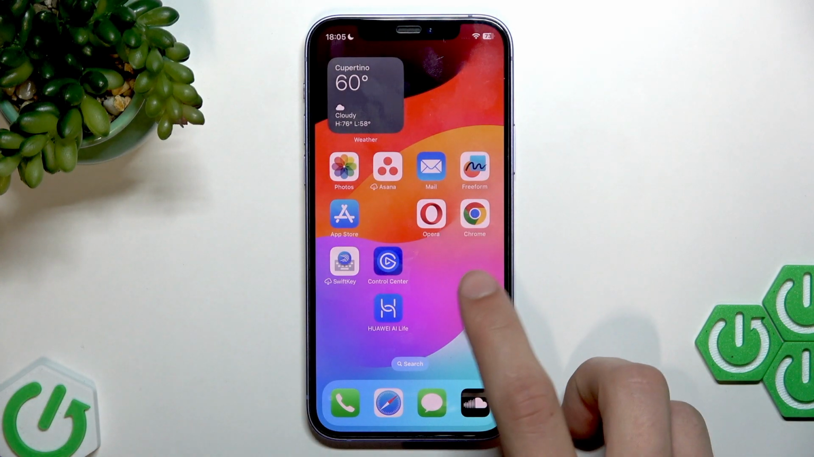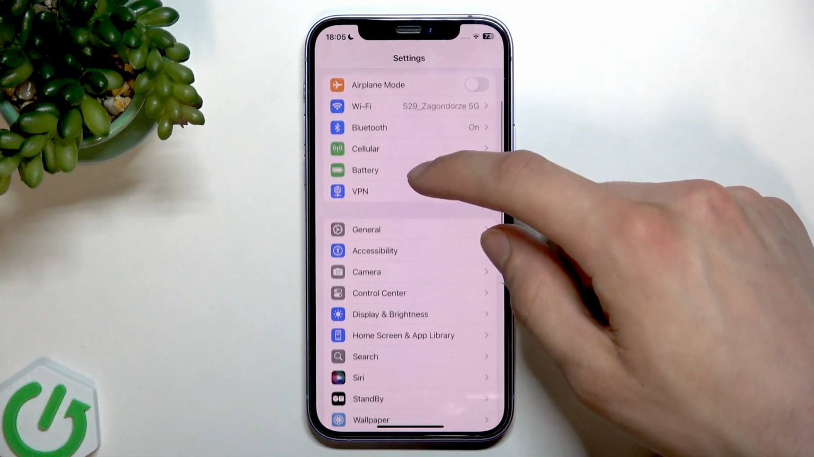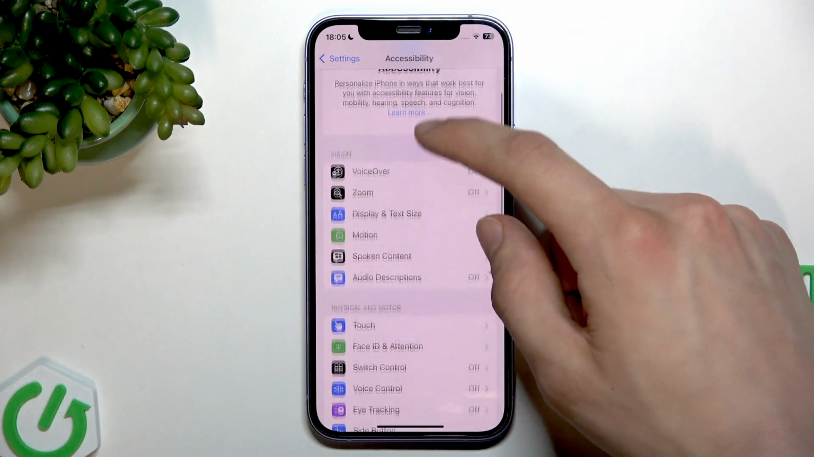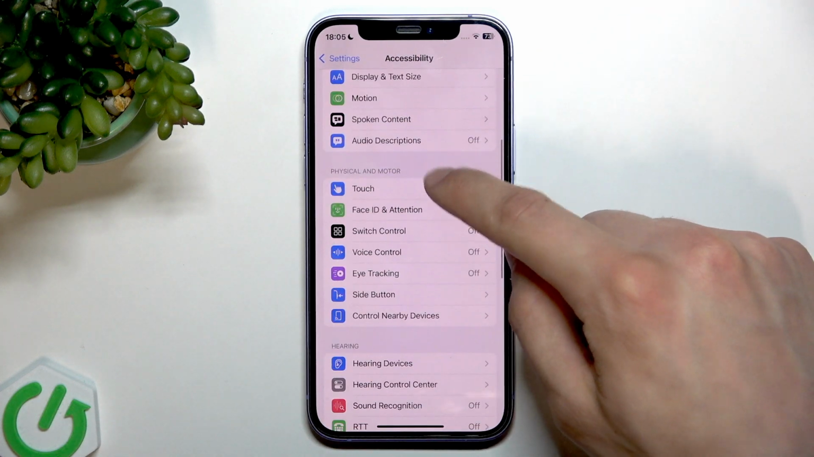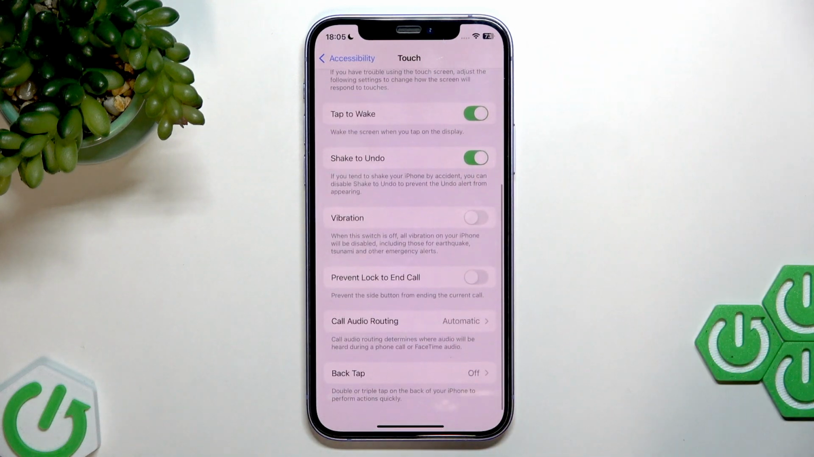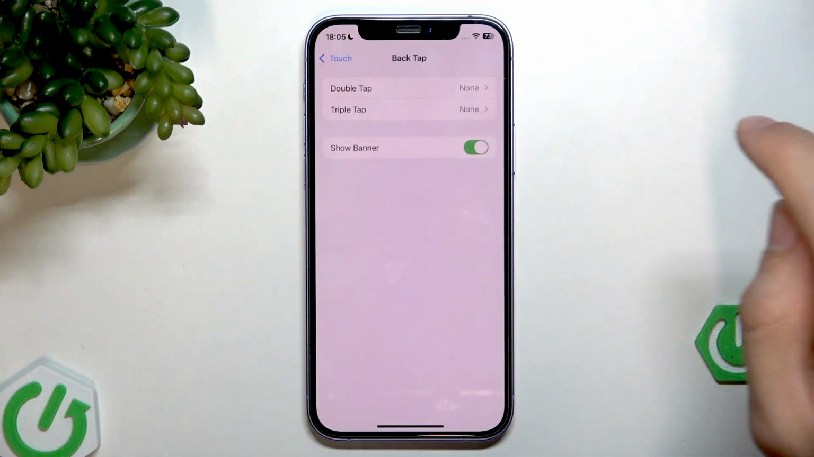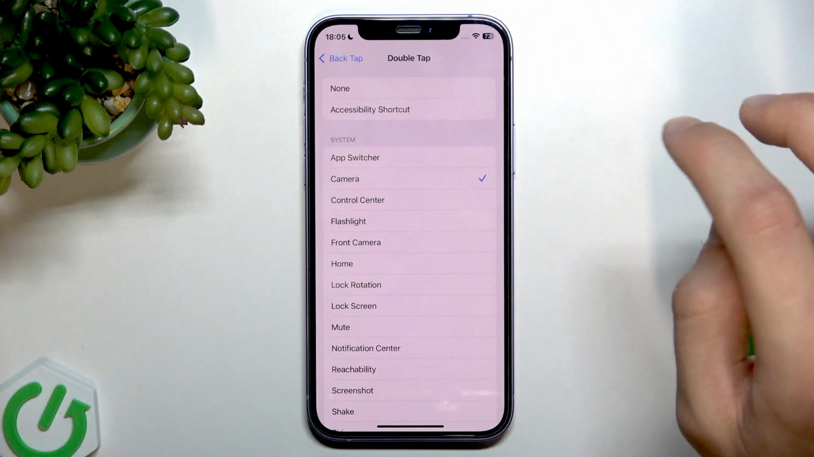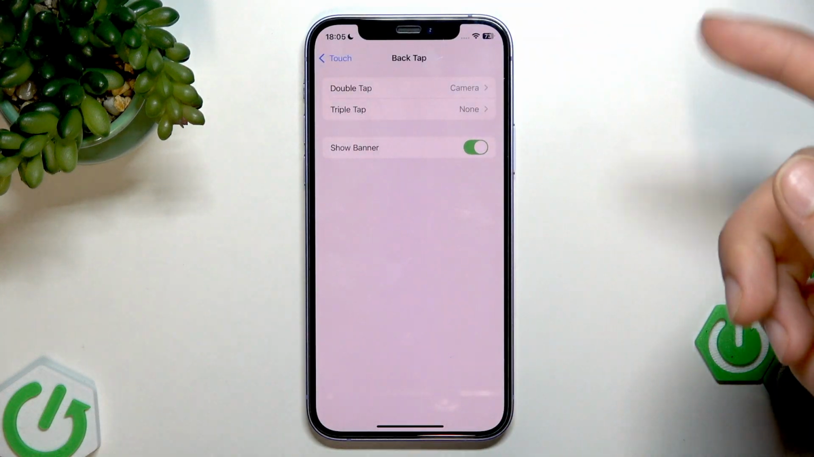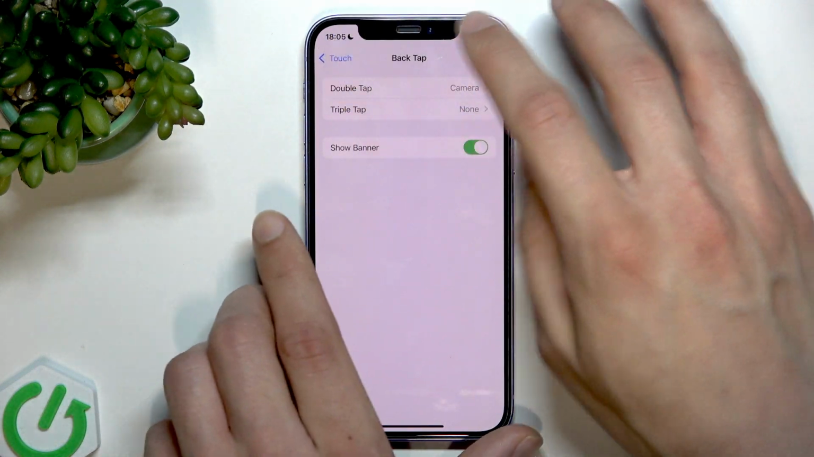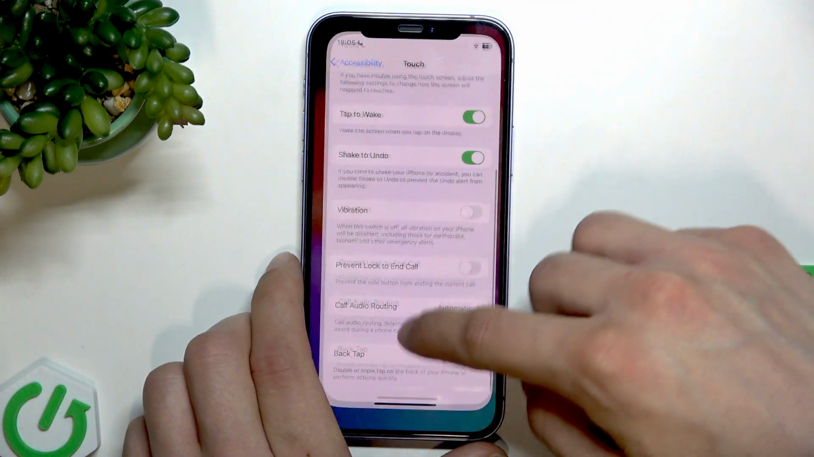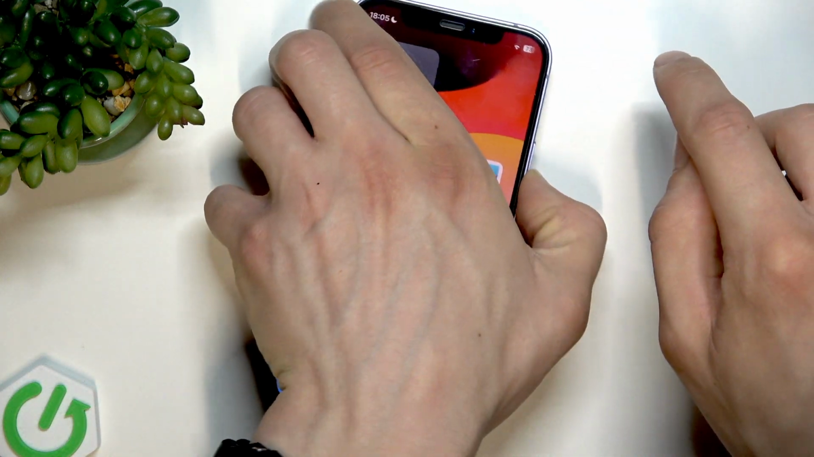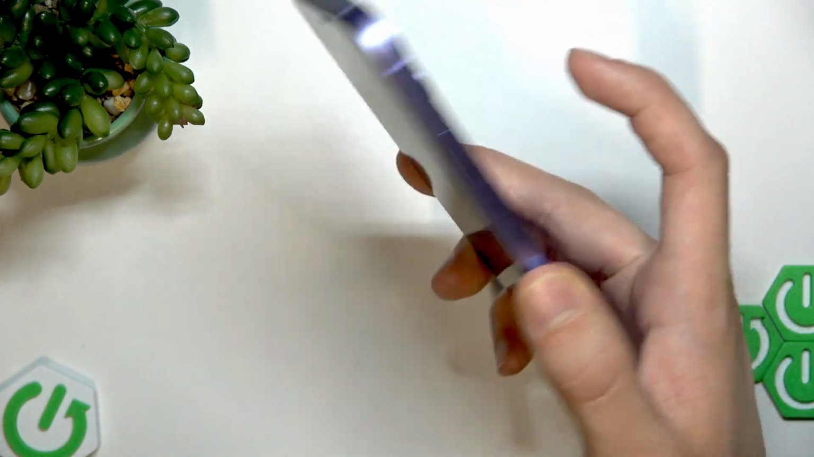To enable this feature, you have to go to Settings, find Accessibility Settings, then go to Touch. Scroll all the way down, select back tap, and for example, let's set a camera by double tapping the back of the phone. Now once we select the camera, we can even lock the phone, and now double tap your device,